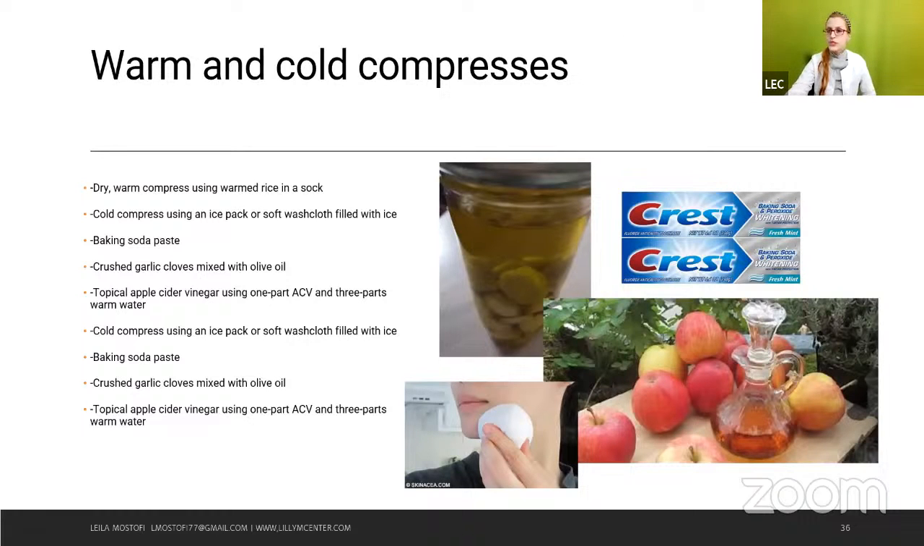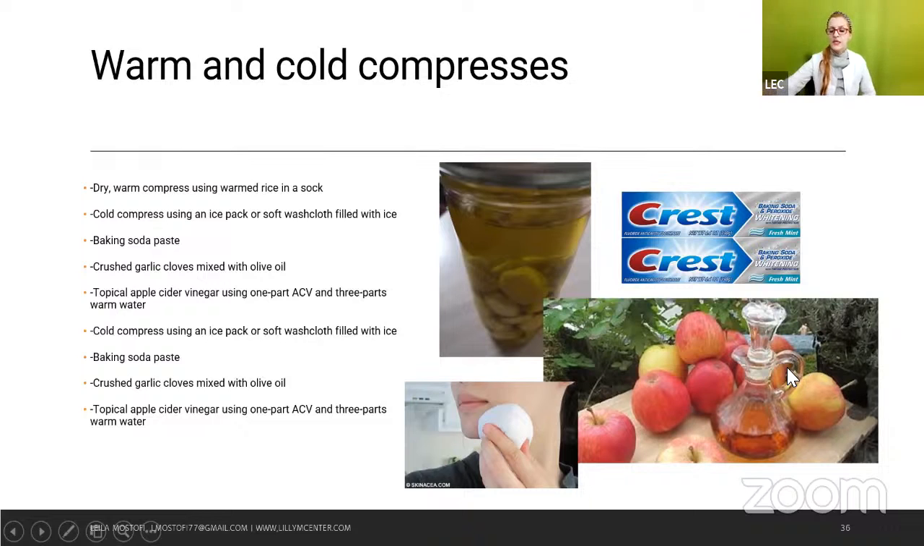As you know, most of you know, we have different alternative CAM, complementary and alternative medicine. One is warm and cold compressing. As you see, we are using different cold compresses using an ice pack or soft washcloths filled with ice, baking soda paste, crushed garlic cloves mixed with olive oil, and topical apple